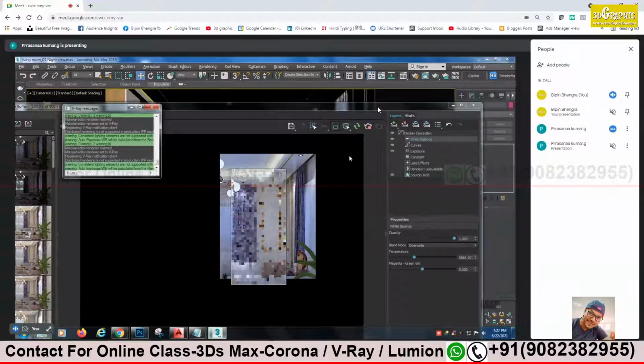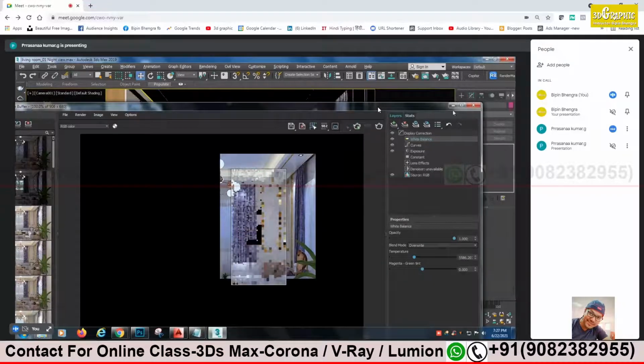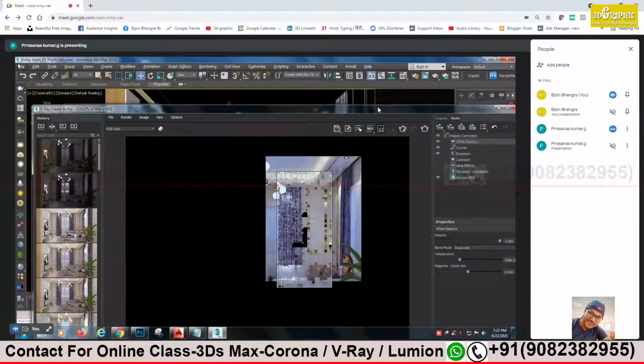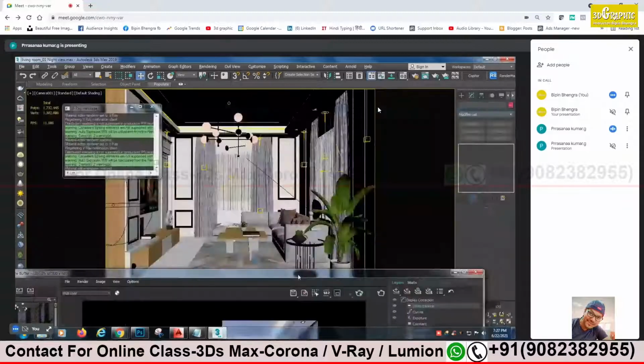Just go to the property of that ice light. Okay, I'll stop this. Save your file, we have done lots of changes. Just go to property and check why it is coming white. It should be more of a yellow tint. Fine, sir. One second. Yeah, now it's done.